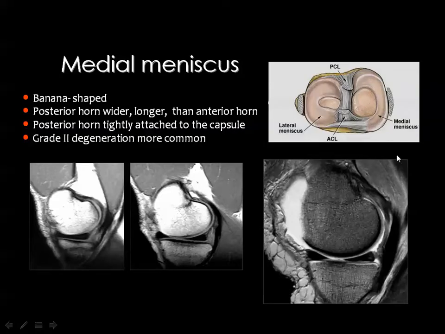And you should know also that the posterior horn of the medial meniscus is tightly attached to the capsule, and this is a very important piece of knowledge which will help us in the diagnosis of many of the diseases affecting this particular